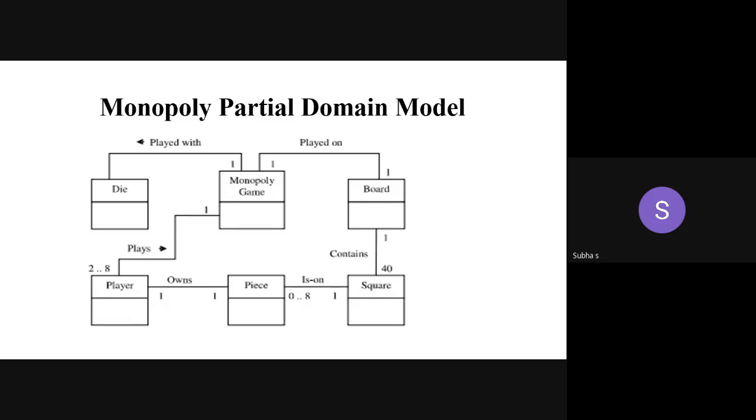So if he throws a 3 on the die, he has to make 3 moves. At that place, if you are able to buy a town for 5,000 and if you are capable, you can buy it. It's an interesting game, like trade, business and all.